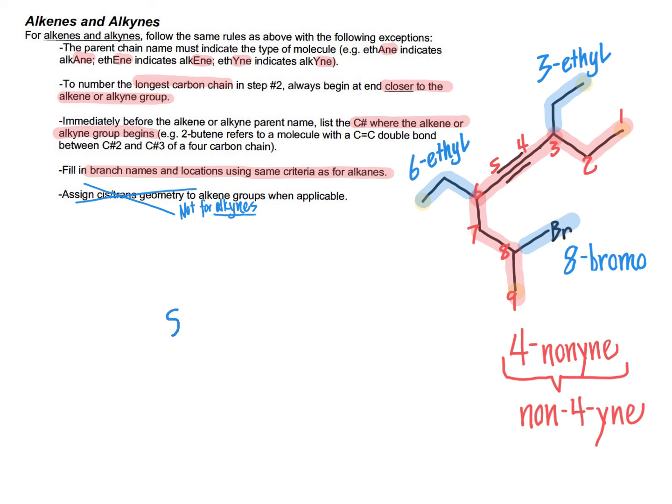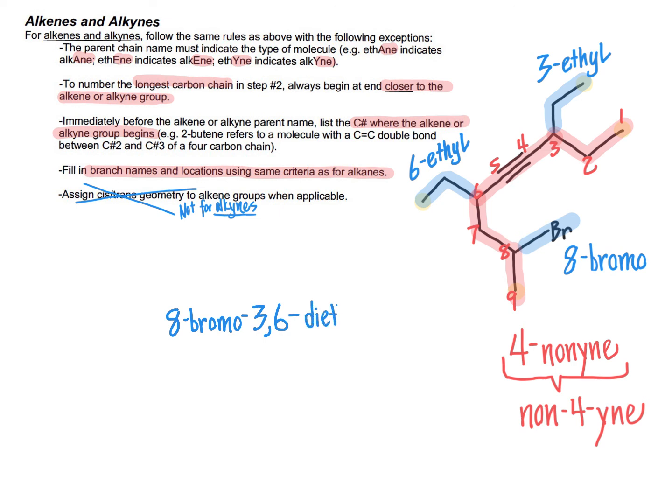So we'd call this 8-bromo, separating numbers from letters using dashes, dash, and then we have an ethyl group at position 3 and an ethyl group at position 6, so we refer to that as a diethyl group, and we have to indicate where both of the ethyl groups are located. There's one at position 3 and one at position 6, therefore we put 3, 6 dash di,